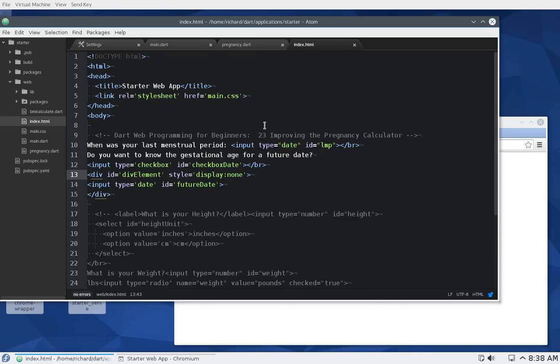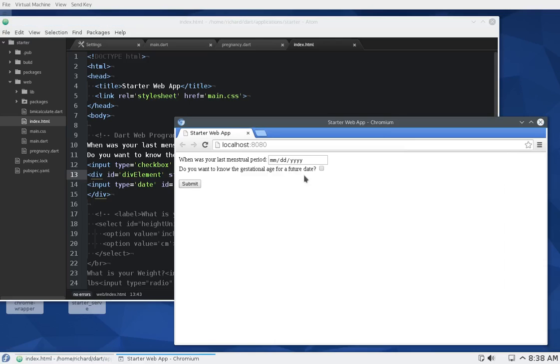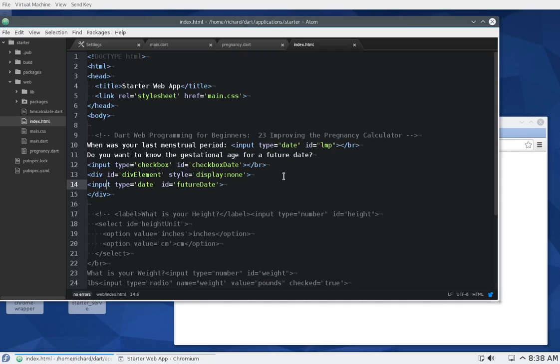In this video, we're going to be improving the pregnancy calculator. There's a number of things that we can actually do to make this a little bit better. We can use CSS to make it a little pretty, a little bit more easy to read. We've done a little of that before. I'm going to actually just go back to some of the basics and change some of these